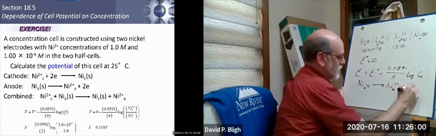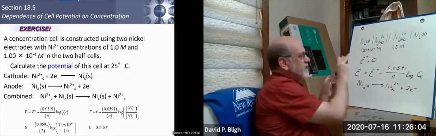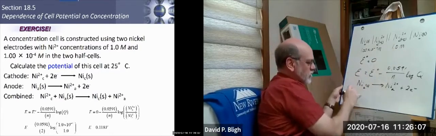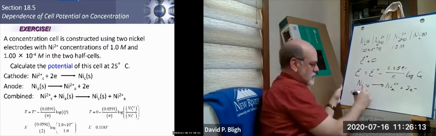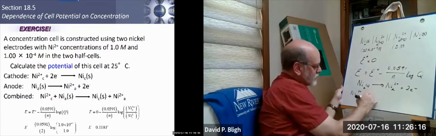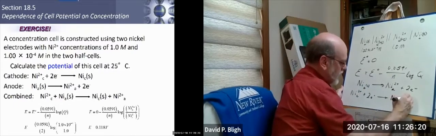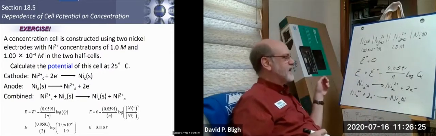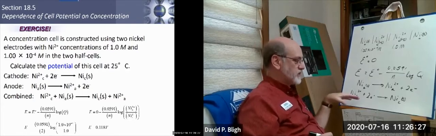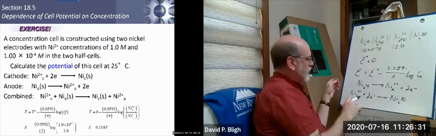Anode plus 2 electrons, right? The cathode side is going to be the other way around. Nickel 2 plus on the cathode side plus 2 electrons yields nickel solid on the cathode side. So if we combine these two equations, then of course the electrons go away, and we end up with,